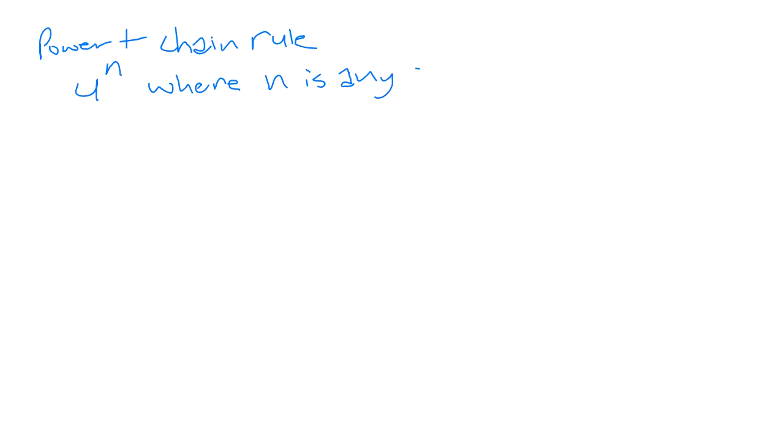If we have power and chain rule, we can actually just go ahead and say that if we have some function u to the n, where n is any real number, and u equals g of x,